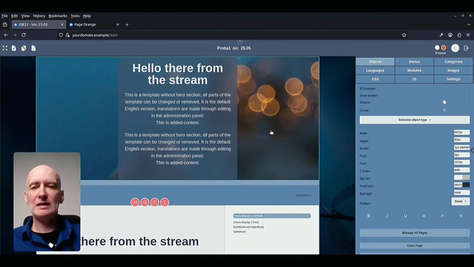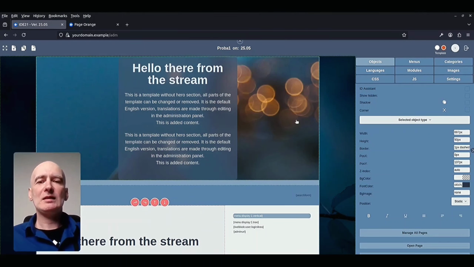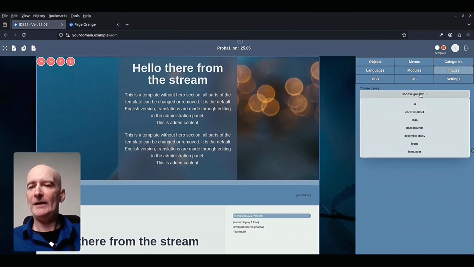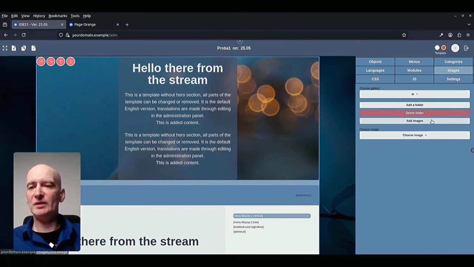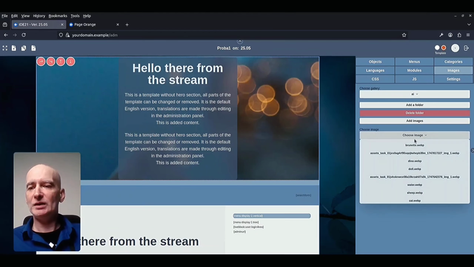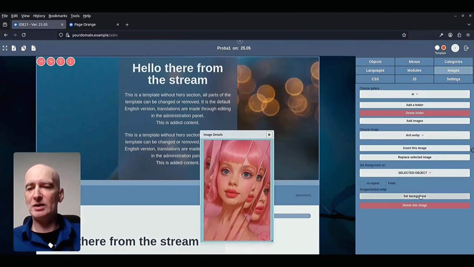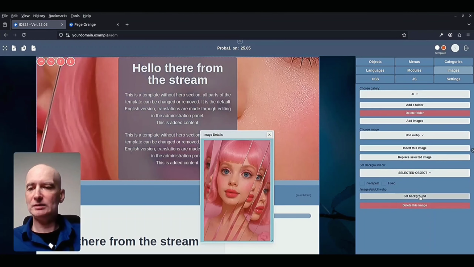Now let's say that we want to change backgrounds for this header section. I want to go here, and I will use some images that are generated from the AI, and to see how this looks, let's just set this background.